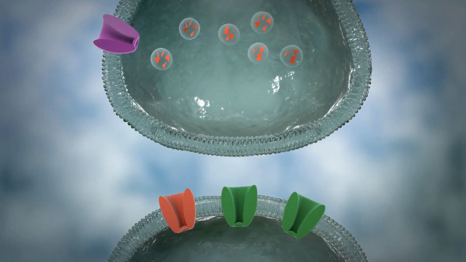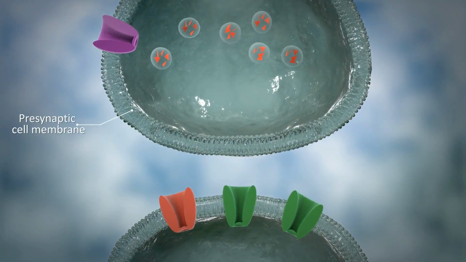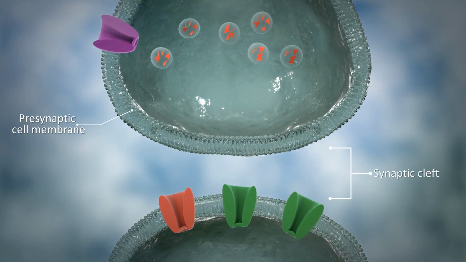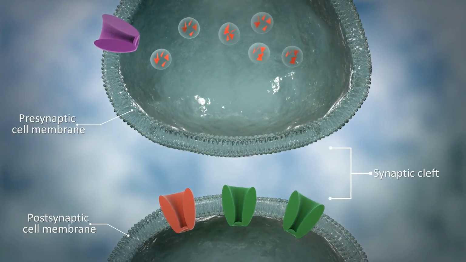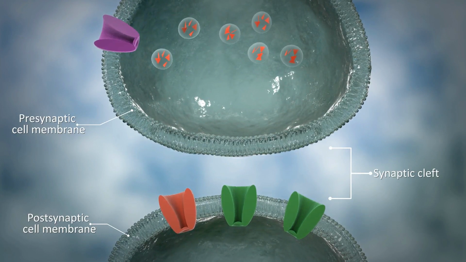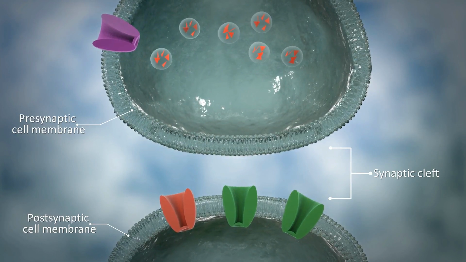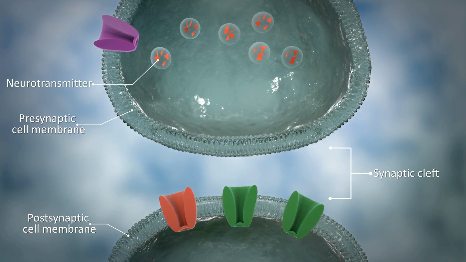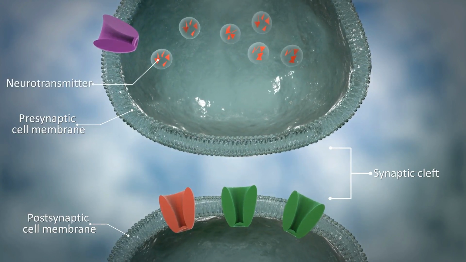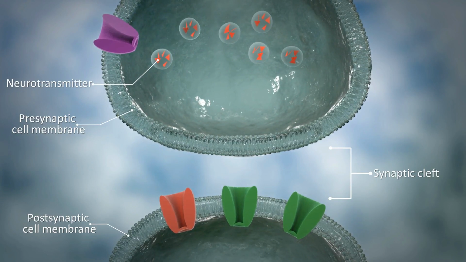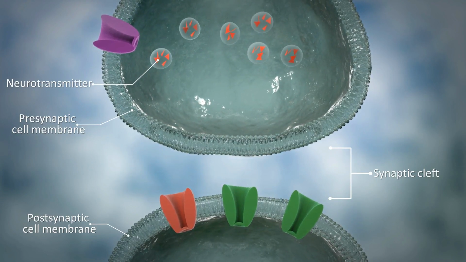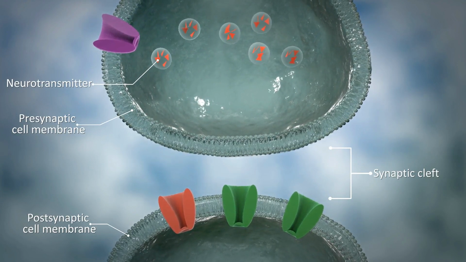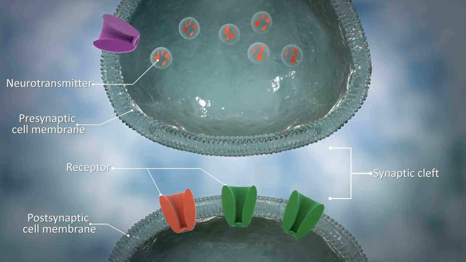The synapse consists of the membrane of the presynaptic cell, a synaptic cleft, and the postsynaptic cell membrane. Since an action potential can only propagate along the neuron's membrane, a chemical known as a neurotransmitter must bridge the gap between the adjacent cells. The presynaptic cell releases the neurotransmitters into the synaptic cleft, where they will move to bind the receptor proteins in